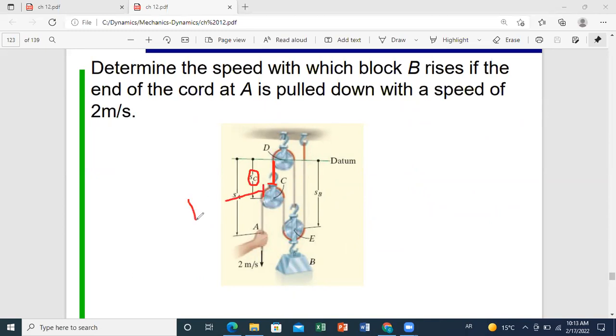I can call it H. And since it's a constant, I can lump it with other constants into one value. So I can say that this distance can be represented by S of C. Okay. This is a constant. And finally, this part is equal to SB minus also a constant. So I can represent it by SB and lump all constants together to say that for the second chord, I just have SC plus SB equal